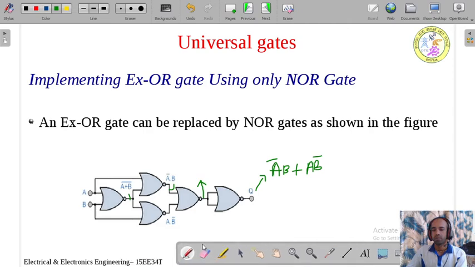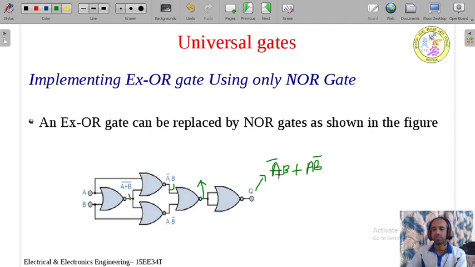Bar is applicable only to B here. So it is A bar B plus A B bar. So this is nothing but our XOR gate. If you simplify the expression, in the same way as we simplified for the NAND gate, apply De Morgan's theorem and simplify, you will get at this point A bar B plus A B bar. So this is how we can implement the XOR gate using NOR gates.